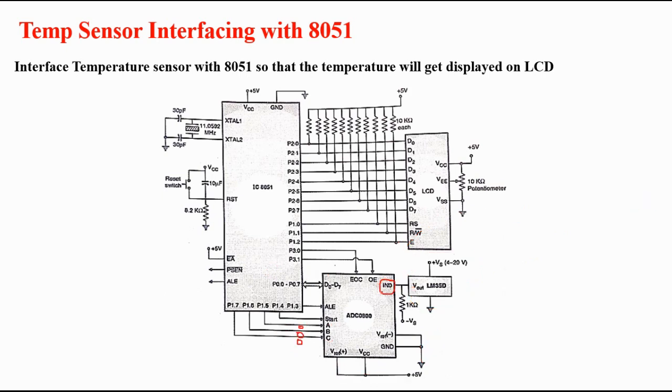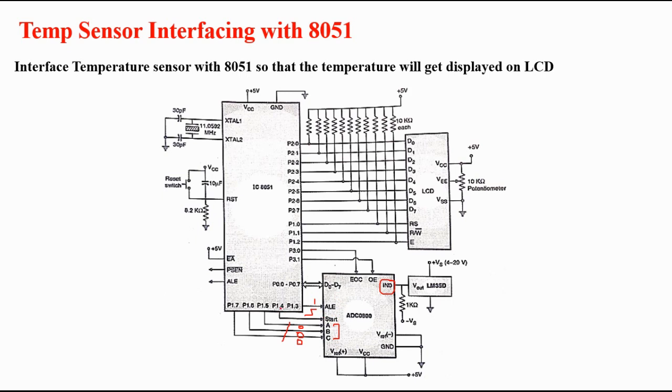So in order to select this channel number 0, that is IN0, we have made all of those address lines A, B, C 0 0 0. And in order to latch those 0 0 0, we will make the ALE pin high. That's why we have connected port 1.3 to this ALE. Now after this we will give a low to high pulse at this place.